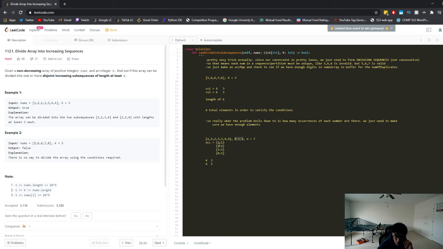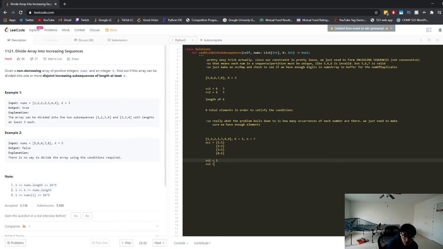So we can just use a map and find the occurrences of each of these numbers, right? 1 occurs once, 2 occurs twice, 3 occurs twice, 4 occurs twice. So let's try to put each duplicate number in its own subsequence, right? So the 1, we can have a subsequence which starts with 1, and subsequence 2 starts like that. So the 1, there's only 1 occurrence, so we just place it down in one of the 2 subsequences,